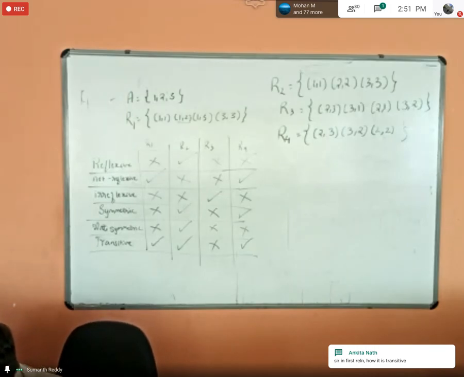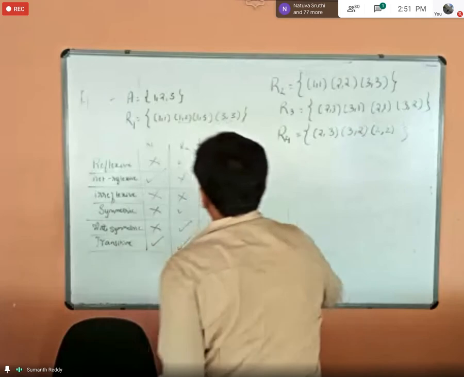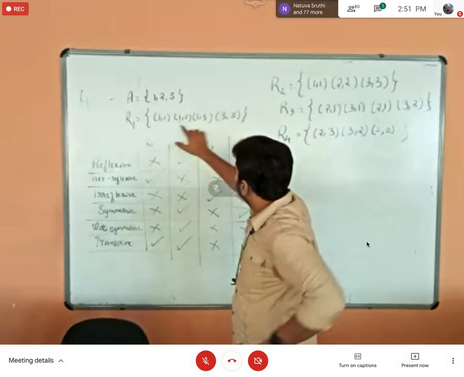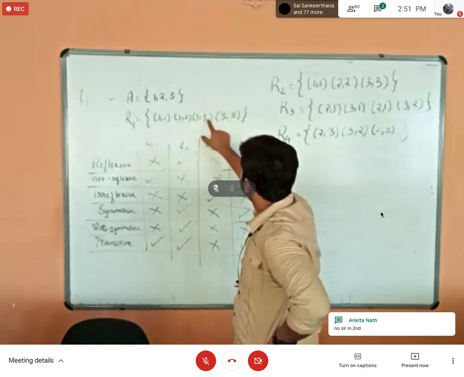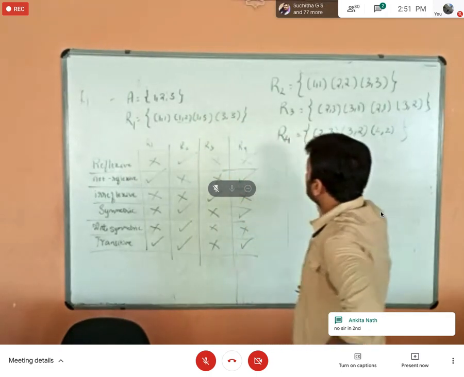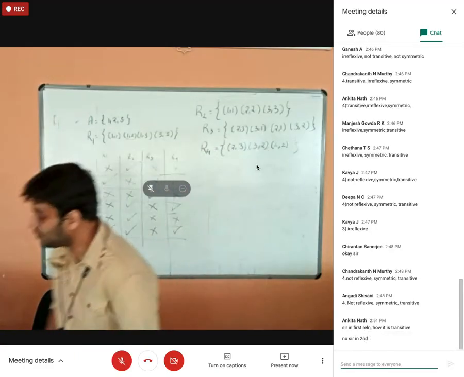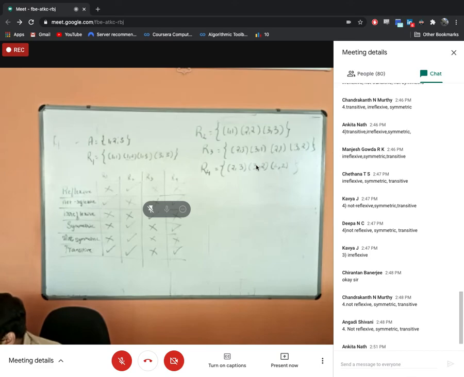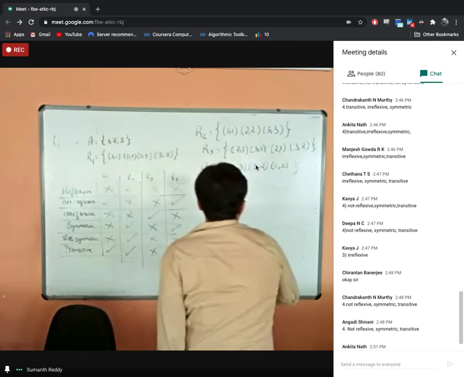Okay. Ankita is asking, sir, in the first relation, how it is transitive. Okay. What is the first relation? So this is the first relation. 1, 1, 1, 2, 1, 3, 3, 3. So now I will just ask you only one question, Ankita. Can you tell me why you are thinking it is not? It is not. So no, sir. In second. Okay. So the relation R2. Okay, fine. So R2, how it is